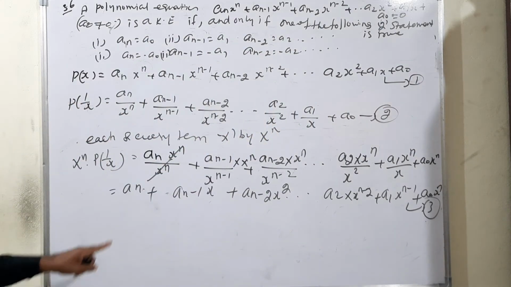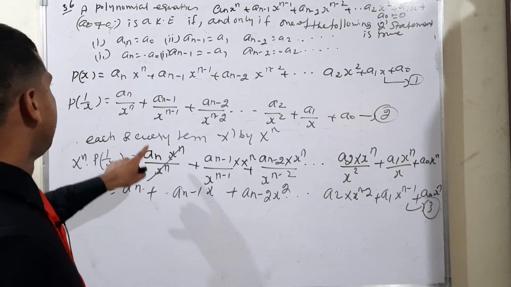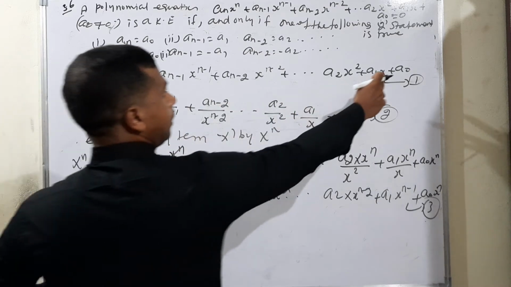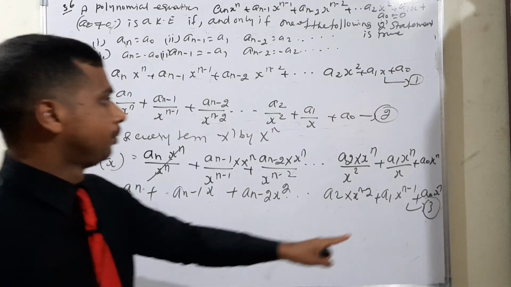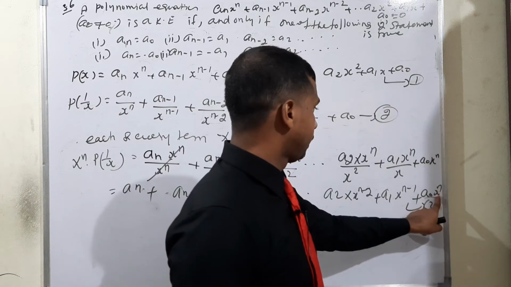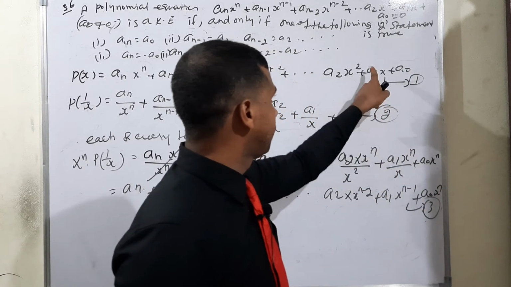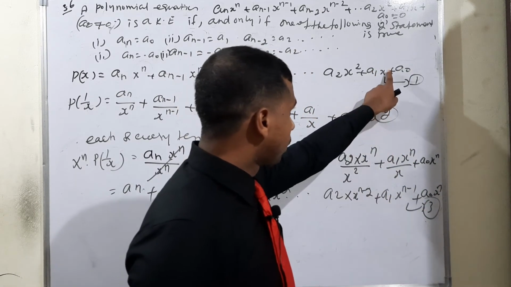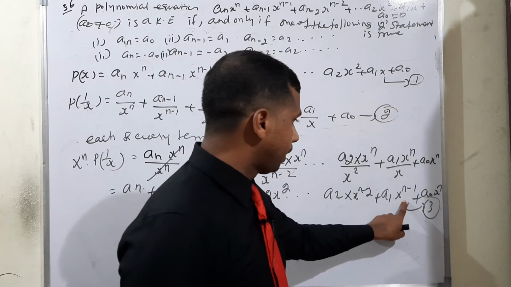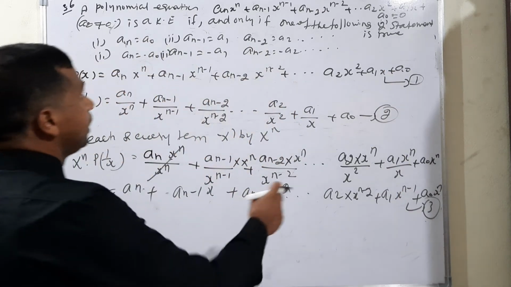Equation number 3 means, look at there from 1 and 2. So, the given condition, a naught into x to the power n is there, but here a1 is there. There is constant only, x is there. Instead of here, x to the power n minus 1 is there. It will be equal now.